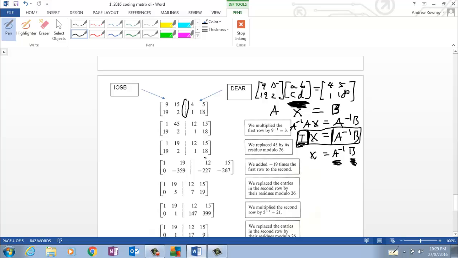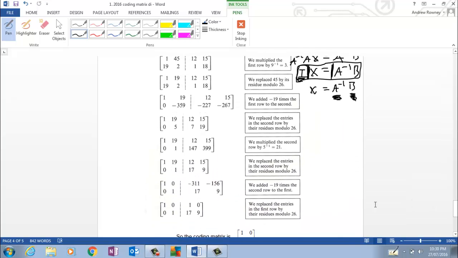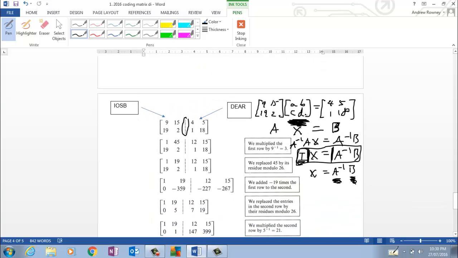You can see we reduce it to the identity, that's this I times x, and this bit here is your A^-1 B. We have found that x is equal to this, and x is the coding matrix A, B, C, D. Okay, so to do that, we're going to apply row operations